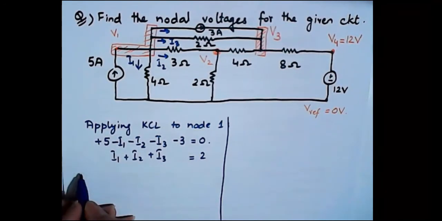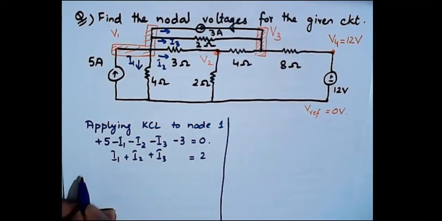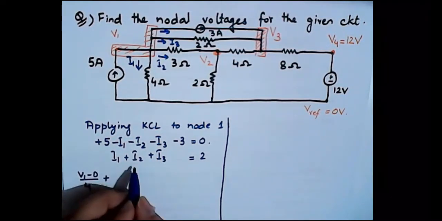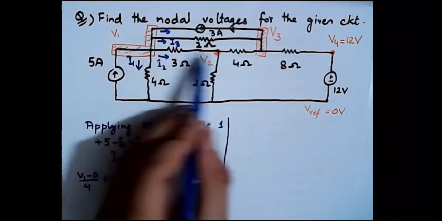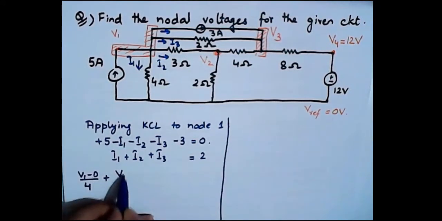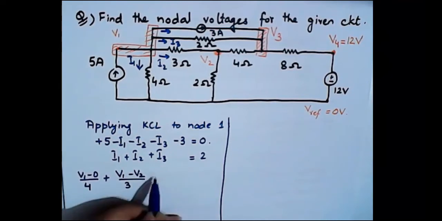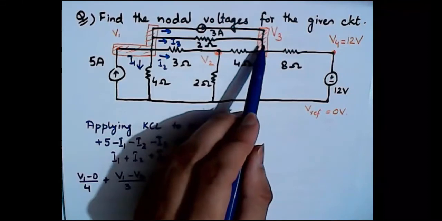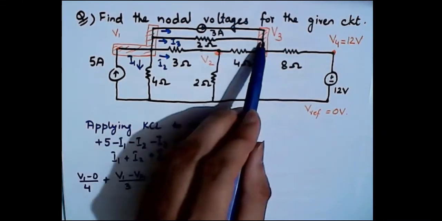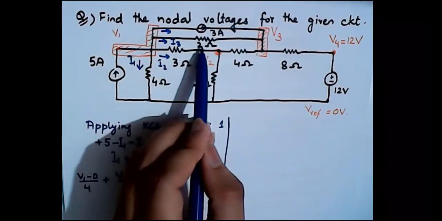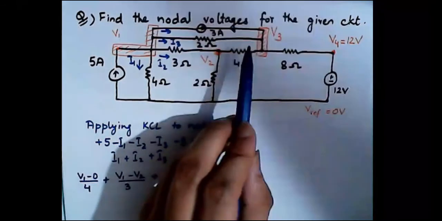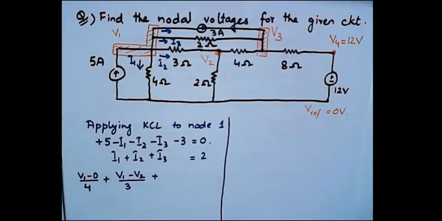That means I1 can be represented as V1 minus 0 divided by how much is the resistance? 4 ohms, right? I2 can be represented as V1 minus V2 divided by 3 ohms, and I3 can be represented as V1 minus V3 divided by 2 ohms. Why V3 here? Because this resistance of 2 ohms is connected between nodes 1 and 3. So the voltage which is responsible for the flow of this current,